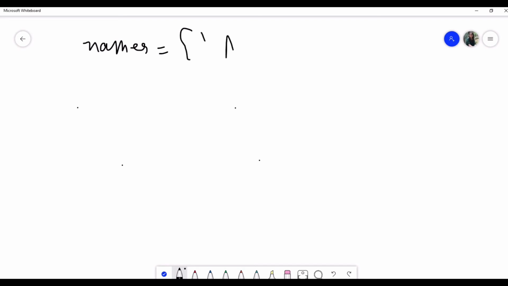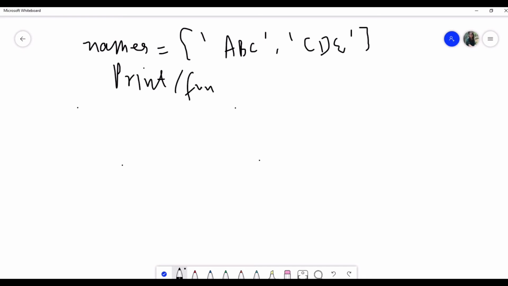Suppose name is A, B, C, and another name is C, D, E. Then after that I am telling you to print the function names. So what you have to do is print the function names.